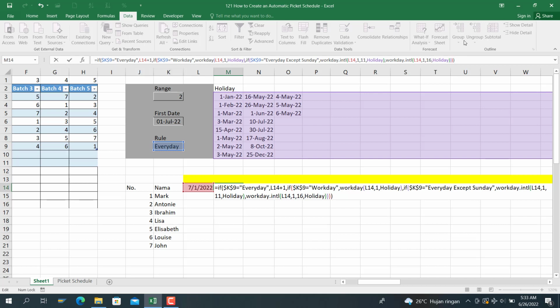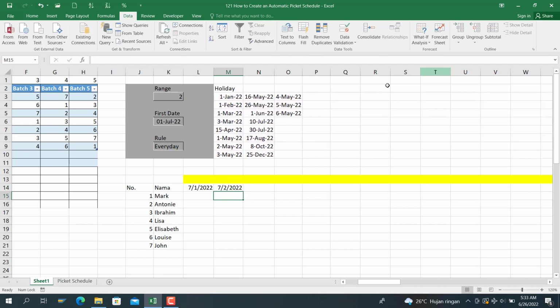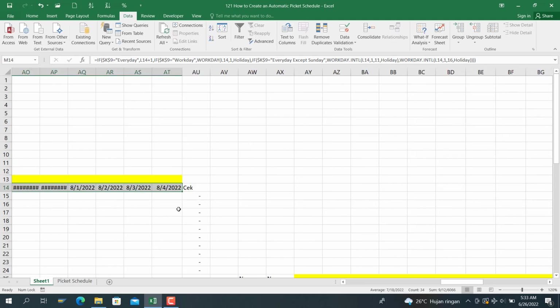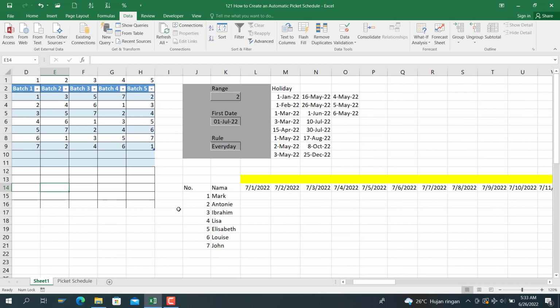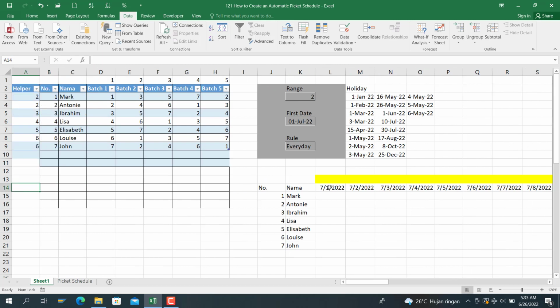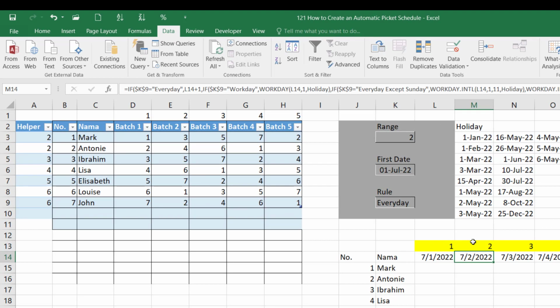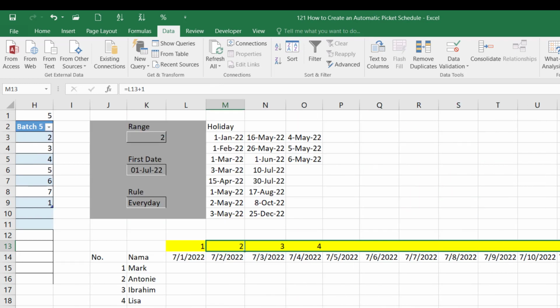Okay, you can see here 1, 2, 3, 4, and this is the function. You can drag it to the right like this until this end. The next is you define it as the first, and this 2, 3, 4, just add this plus 1 and add to the right. You can see here